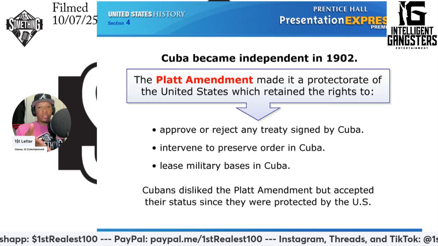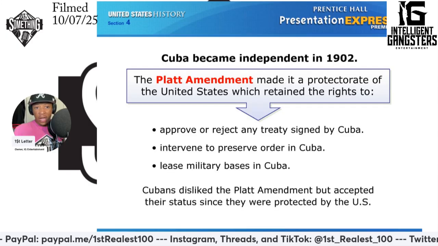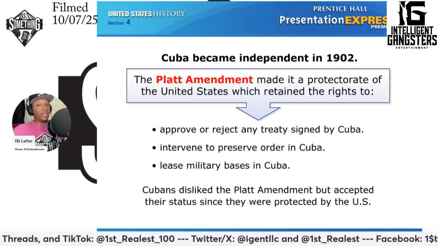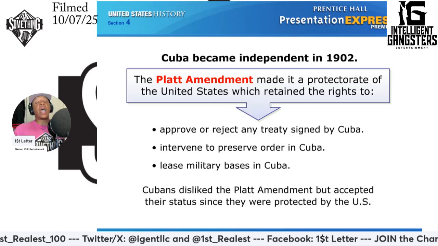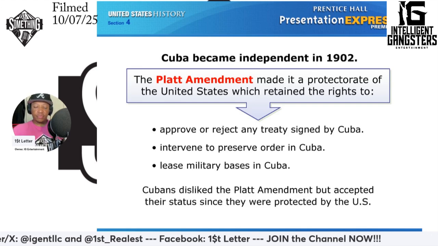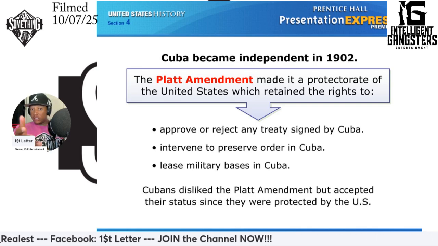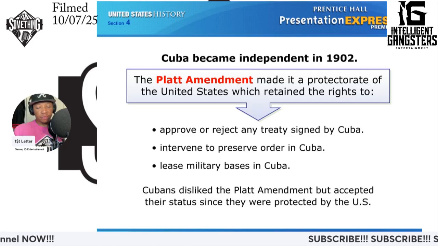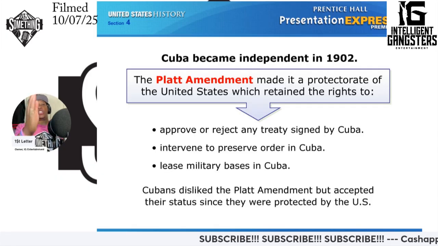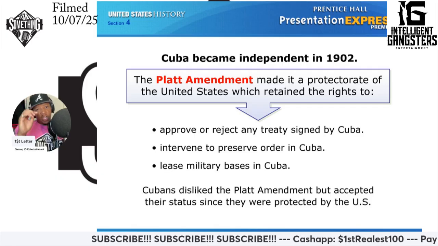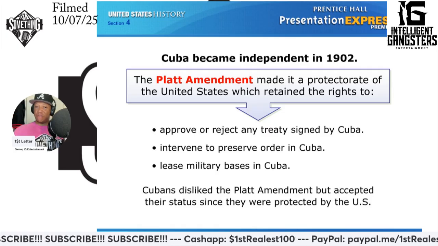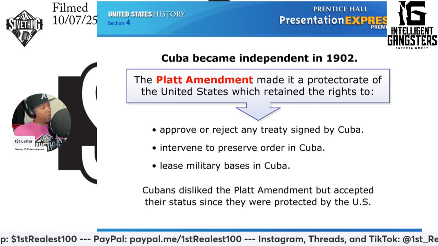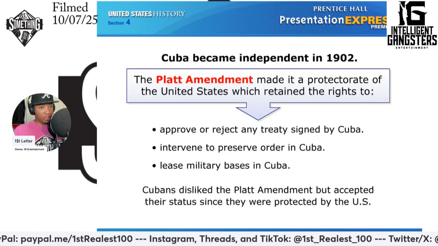You know what I'm saying? The U.S. had the power to intervene in Cuba to preserve order if they thought something was going on that was against U.S. interests. The troops can go in. The U.S. can lease military bases in Cuba. We became Cuba's daddy. And of course, there were many Cubans that didn't like that. But like it says, they went along with it because they were protected. What would you have done if you were alive then? If you were a Cuban, would you have said, forget all that, forget the Platt Amendment, we need true independence? Or would you say, hey, I know these folks are all in our business, but at least they protect